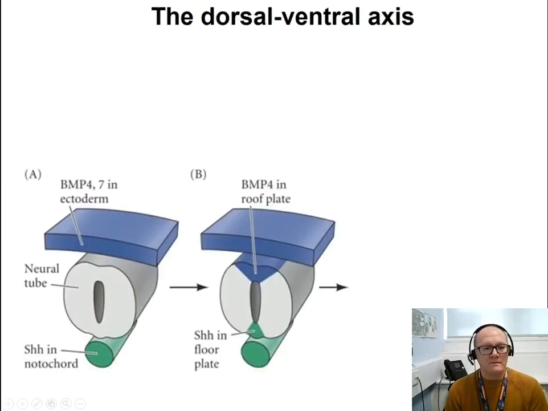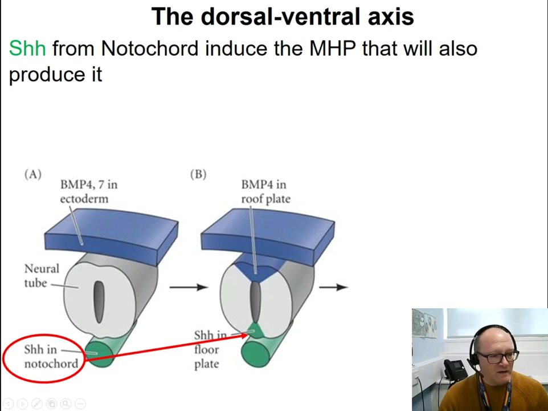Okay, so now the neural tube is formed, but inside the neural tube, we have the formation almost immediately of a dorsoventral gradient of expression. As I mentioned a minute ago, the notochord is expressing SHH. SHH expression from the notochord induces the floor of the neural tube to also express SHH, while